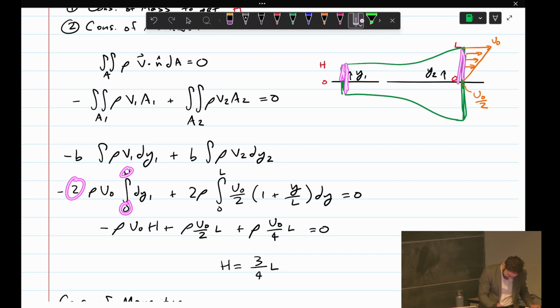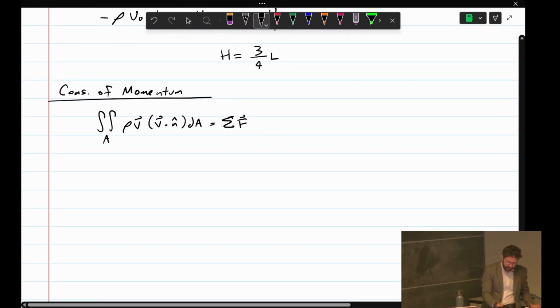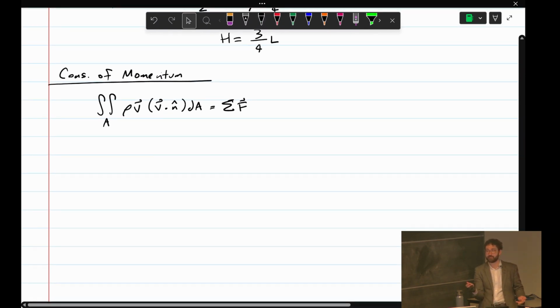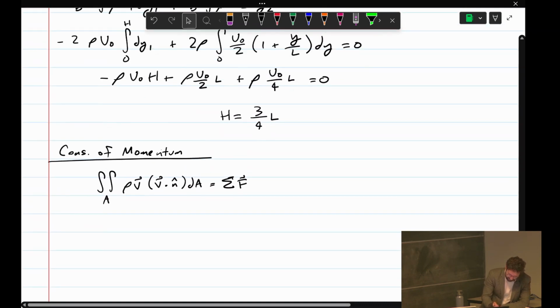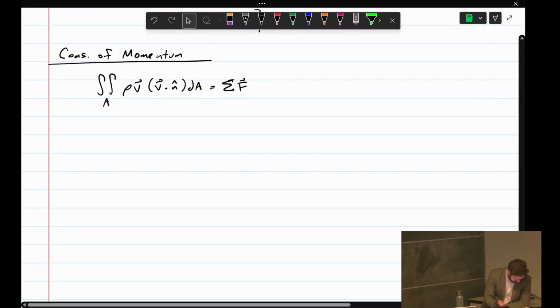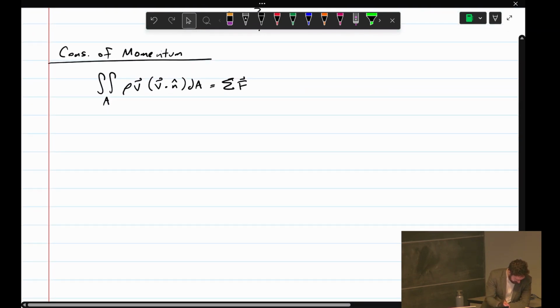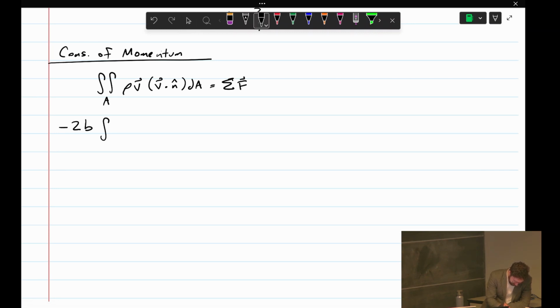Same thing on the back side. I do 2, 0 to L. So I'm going to do the same thing on the momentum side. You can do this because it's a symmetric inlet and outlet. It's symmetric about that center line. Okay, so this is negative 2b integral 0 to h. So rho, this front face,